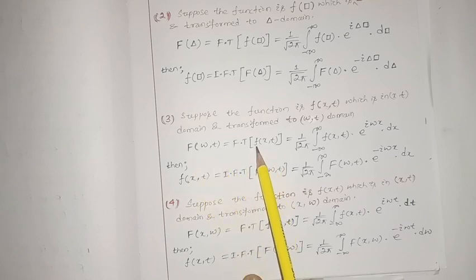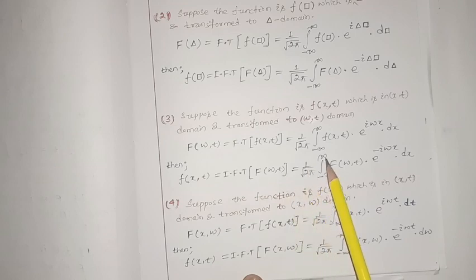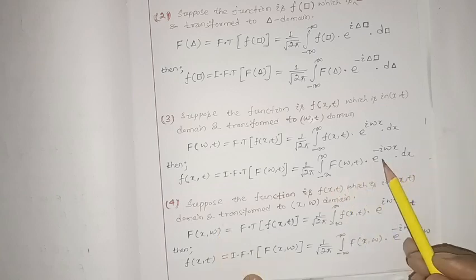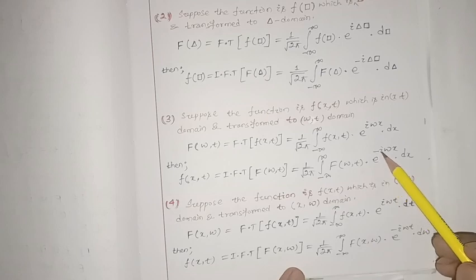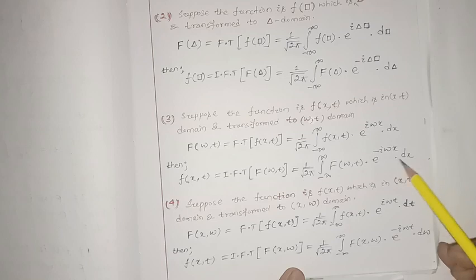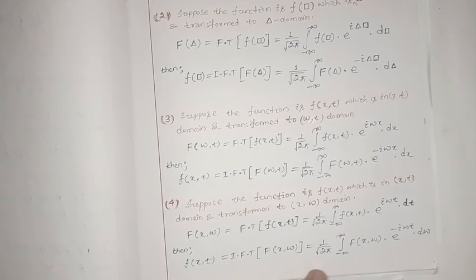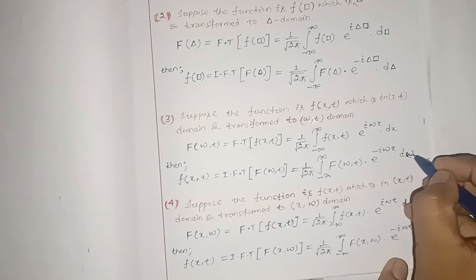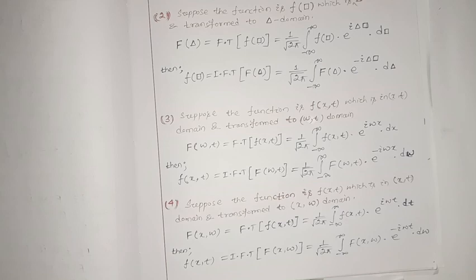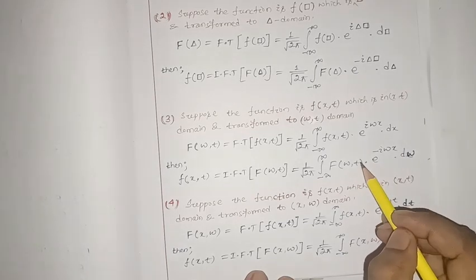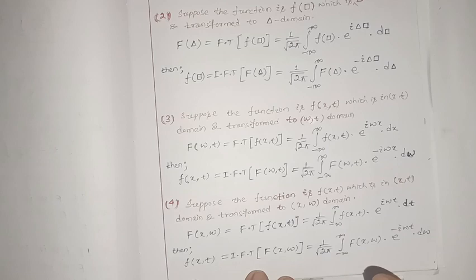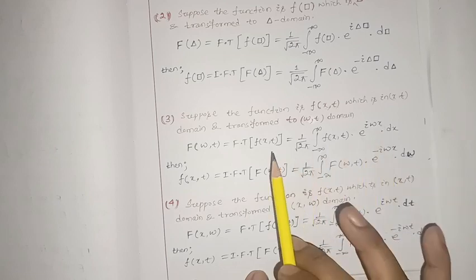Obviously it will be small f(x,t), so small f(x,t) is nothing but the inverse Fourier transform of F(omega,t). Capital F(omega,t) will be equal to 1 by root 2 pi, integral from minus to plus infinity of capital F(omega,t). Here, carefully you have to observe that it is e to the minus iota omega x, but this will be integration with respect to omega. This will be integration with respect to omega. t only remains, t will be written as such. Here there is no change of t, only changes of omega to x, x to omega. Okay,